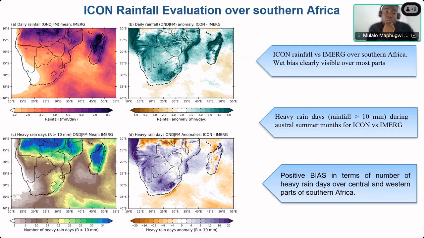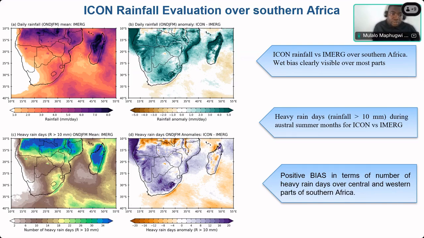The heavy rain days of rainfall greater than 10 millimeter is important, because the PyFlex tracker uses this as one of the links when tracking these mesoscale convective systems. So you can see there's a positive bias in the number of heavy rain days in the austral summer period over central parts of South Africa, going to the Atlantic,